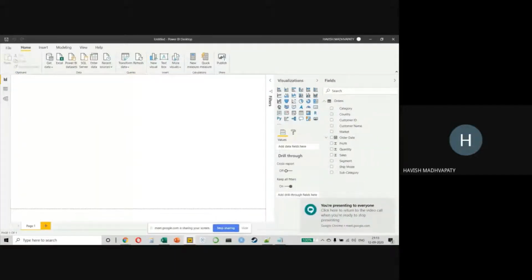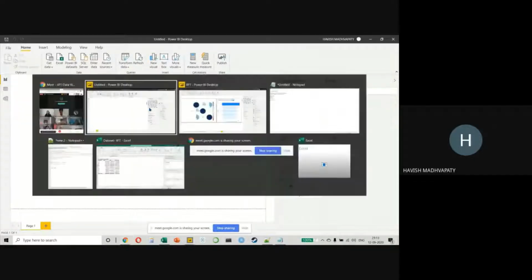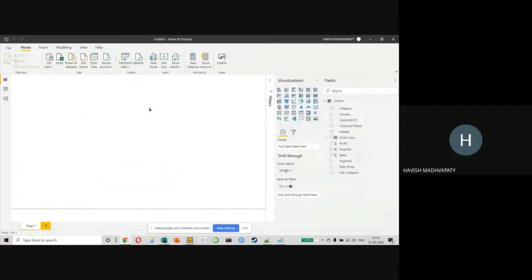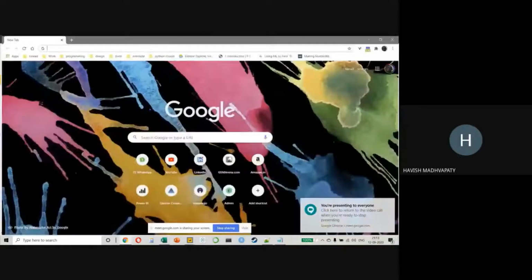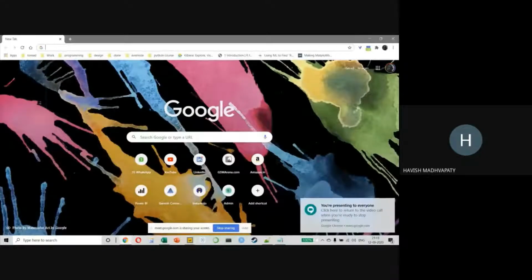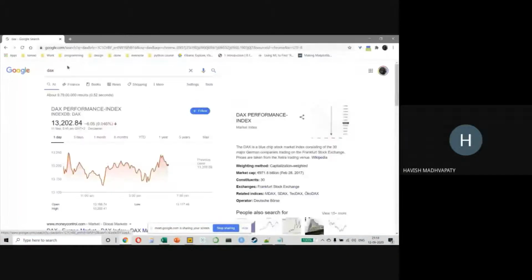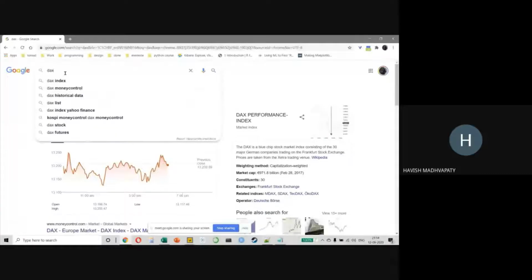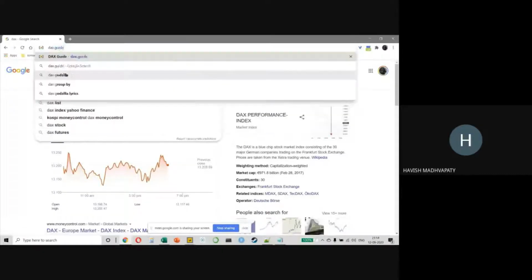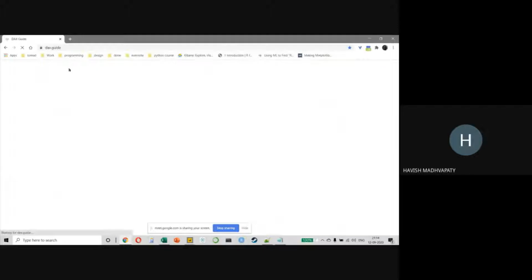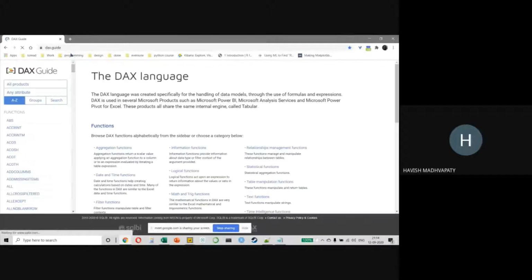All right, now what is the difference between Power BI and Excel? A couple of them. So I'll just quickly outline this for you. One key difference, everyone, is that Power BI uses different languages. One language is called DAX, data analysis expressions. Let me just go to the website. This is one language. It's called DAX. So DAX is used for data modeling, right? It doesn't work only on Power BI. It works on different Microsoft products.